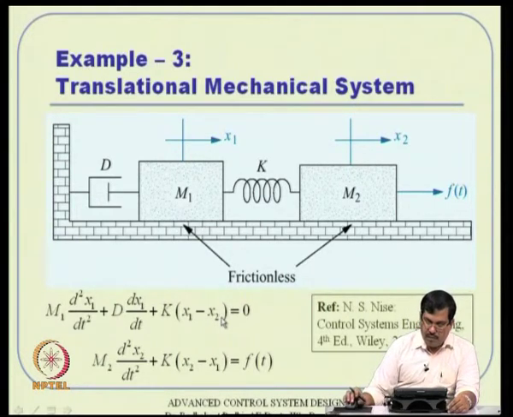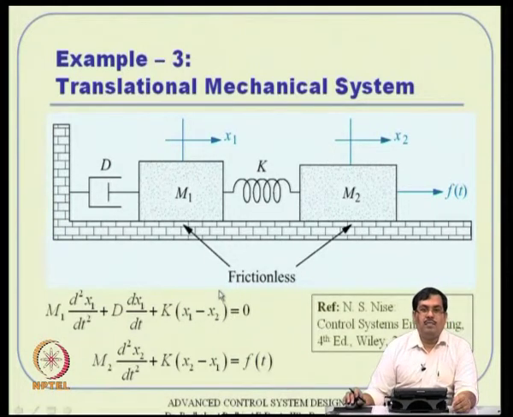However, we will remember that these come from certain basic principles of nature. Essentially, these are Newton's laws. Mechanical systems primarily come from Newton's law. So, for M1 I will write the system dynamics from the free body diagram of M1. I am just equating the forces. There is no particular force that pulls explicitly, so that will become 0, and then there is a particular force that pulls, so that will become f of t. But remember, as far as M2 is concerned, the damping factor d does not come in; d comes only to M1. So, that is embedded in this equation.